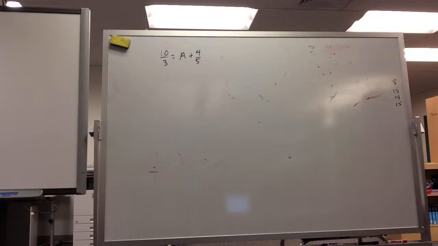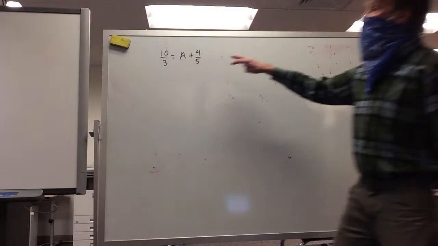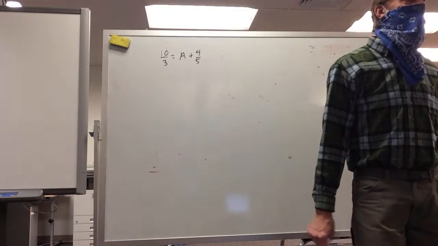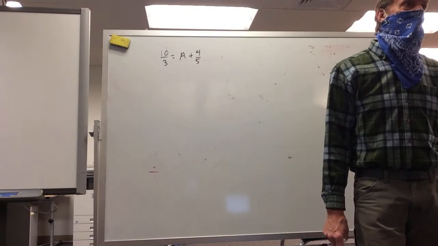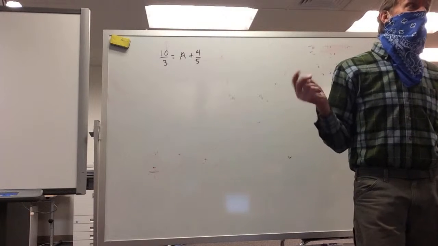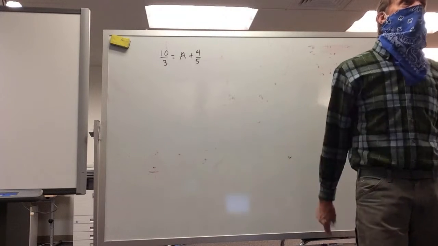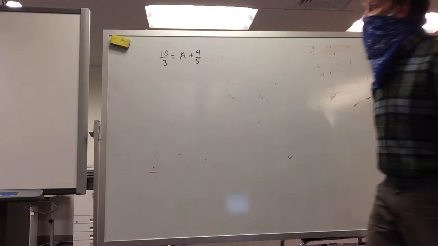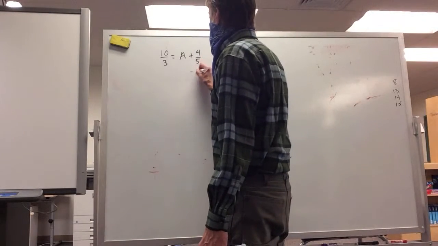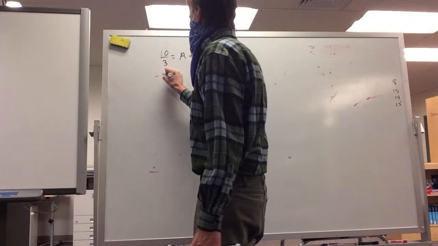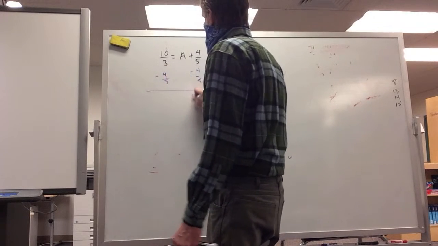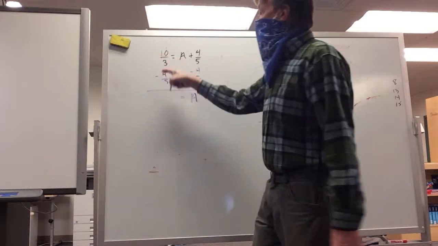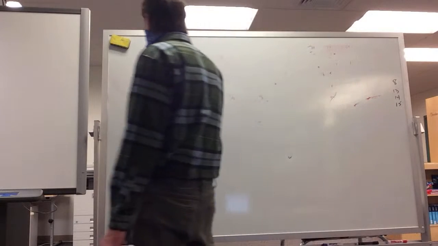So with this, you would have to get common denominators to add and subtract, right? So messing around getting common denominators can sometimes be a little bit of a pain. But if we were going to do this, we would subtract 4/5 from both sides. And then you'd have a on the right-hand side is equal to 10/3 subtract 4/5. So if you write all of that out,